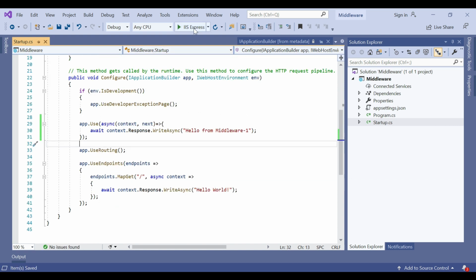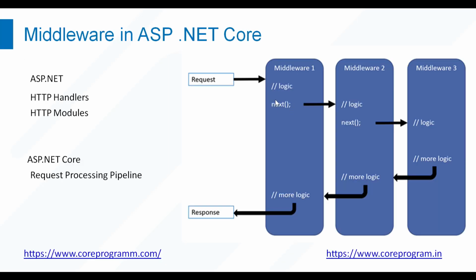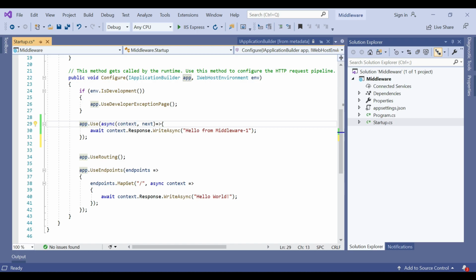Let's run this and see what happens. It only prints Hello from middleware 1. This is because in middleware 1 we have not used the Next method, so it responds back to the server like this. Let's add another two middleware.